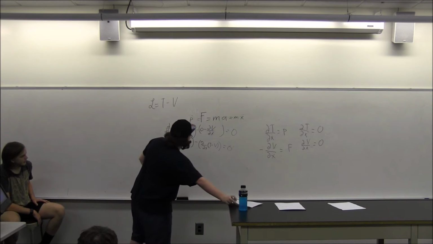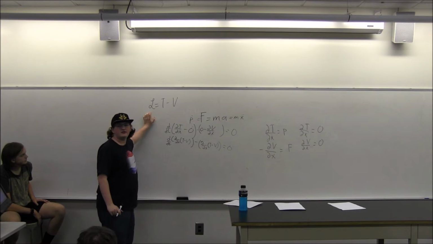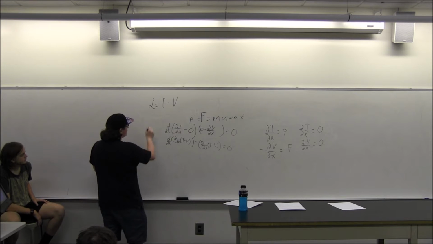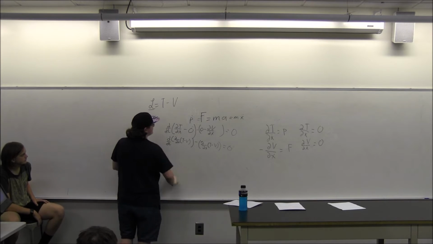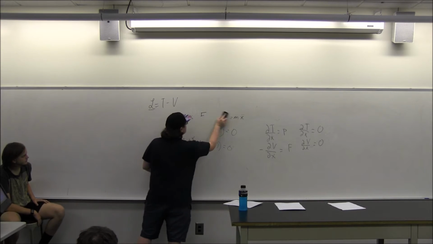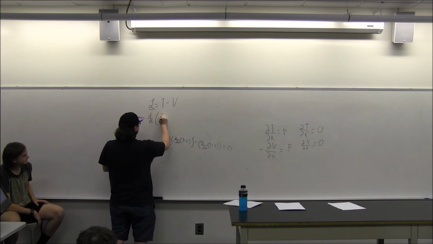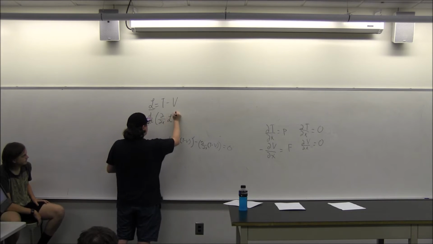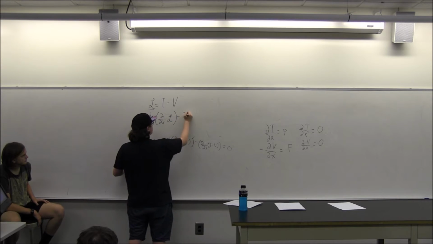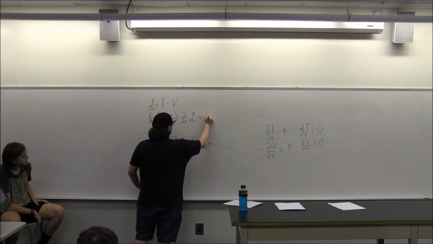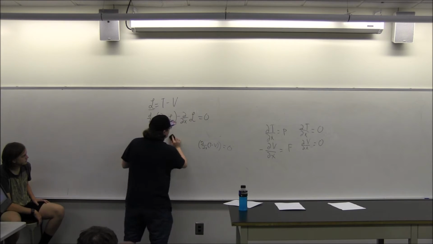So we can rewrite this equation using this fancy L. So we get d over dt of partial over partial x dot of the Lagrangian minus partial over partial x of the Lagrangian is equal to 0. Okay. Now,